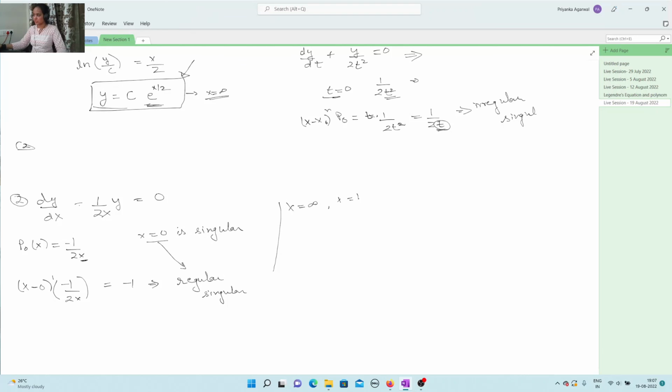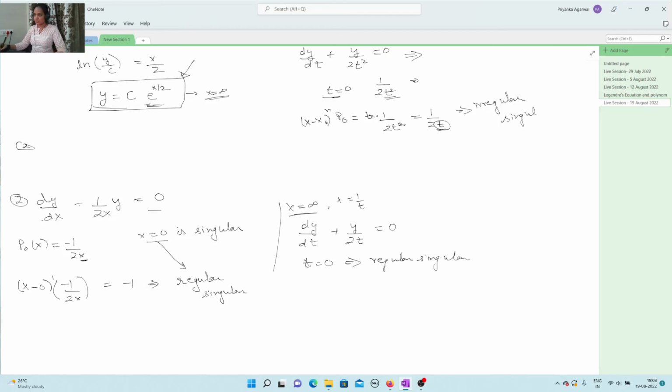So do the transformation again, x equals to 1 by t, and you can get this equation in the form of t. This will come out to be dy by dt plus y by 2t equals to 0. Okay. So again, if you check in a similar way, it's actually the same equation, only the signs and all, it's the same form. If you check for t equals to 0, then that will come out as regular singular. So in this case, both x equals to 0 and x equals to infinity are regular singular,